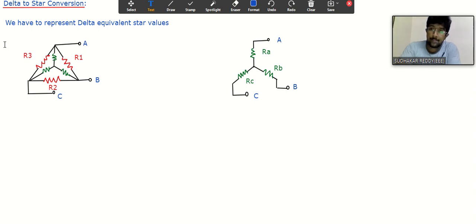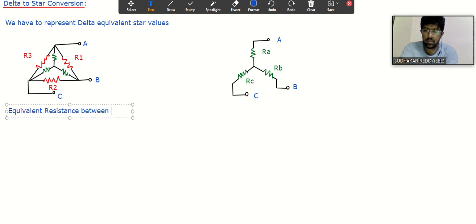If you want to find out the equivalent resistance between A and B, I will show you how to find it. So the equivalent resistance between A and B, I consider that equivalent resistance as RAB,